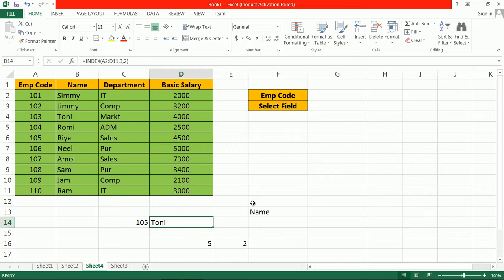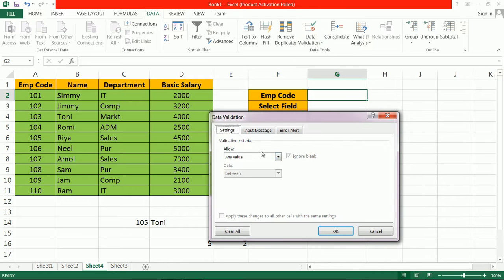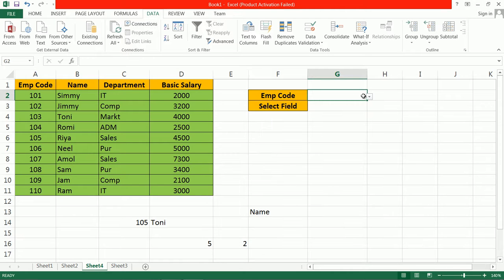Okay, before that let us first create a drop down list of employee code. Go to data validation, select list and select the range. Here is the list of employee code. Then we want to select the list of columns.